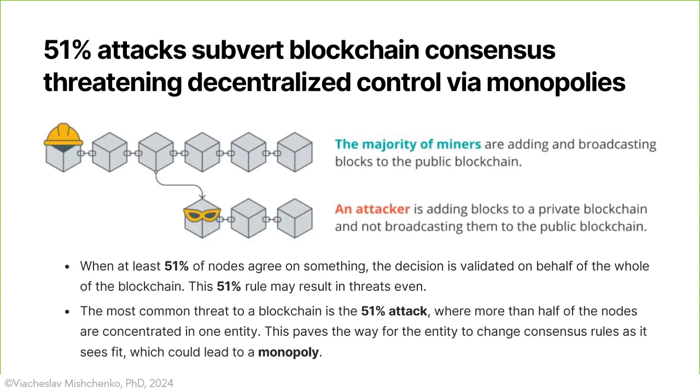Now let us explain one of the most significant security threats to blockchain networks, what we call a 51% attack. This diagram illustrates how it works, and it's something every blockchain professional needs to understand. Look at the top of the chain on the diagram, which represents the legitimate blockchain where honest miners,